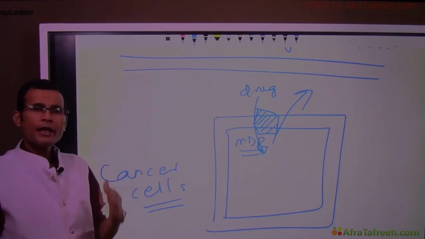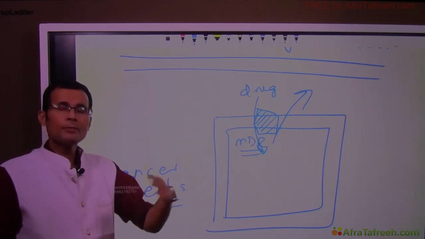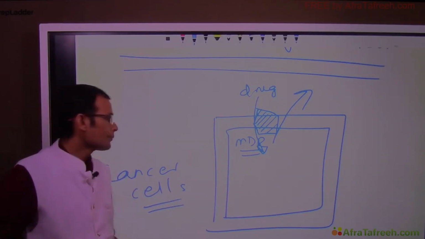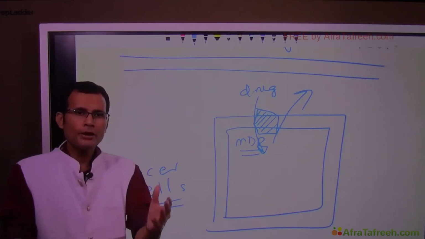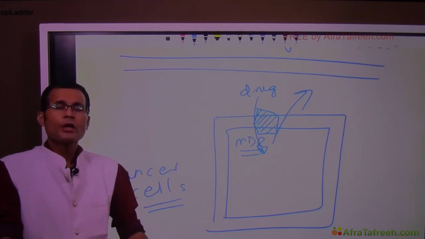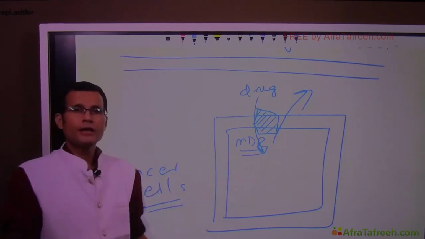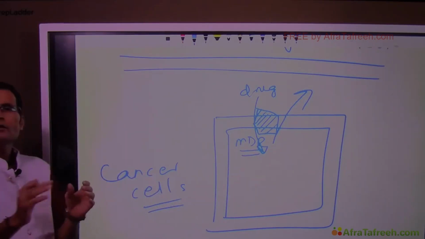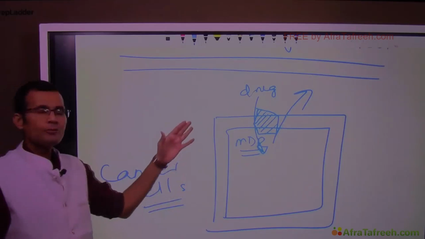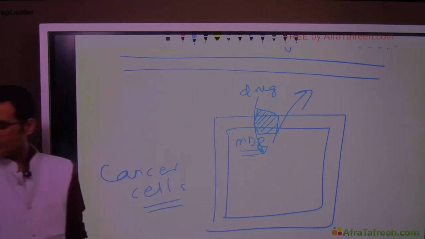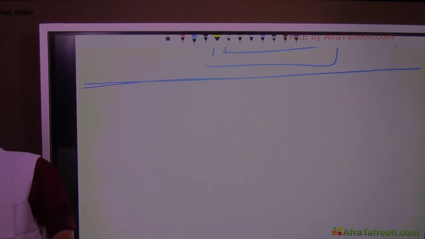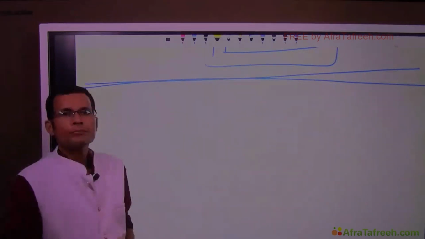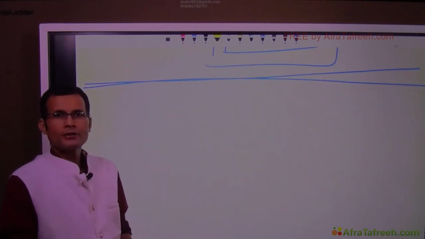Or XDR cases of tuberculosis, extremely drug resistant tuberculosis. We see that the person who is resistant to a particular anti-TB drug is resistant to all the drugs in that category. Why? That's because of the expression of MDR transporters in the membranes of those cells. So these are the transport proteins in summary. Before we close this particular section,